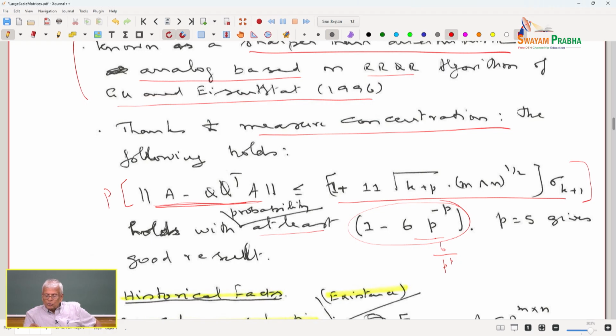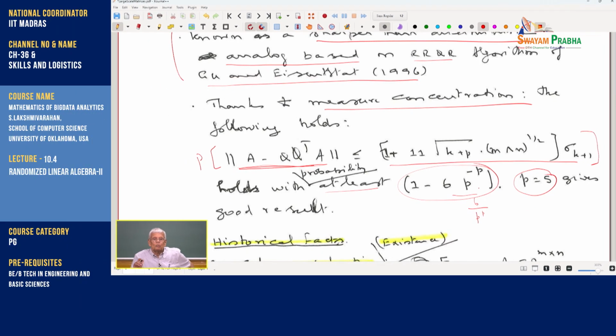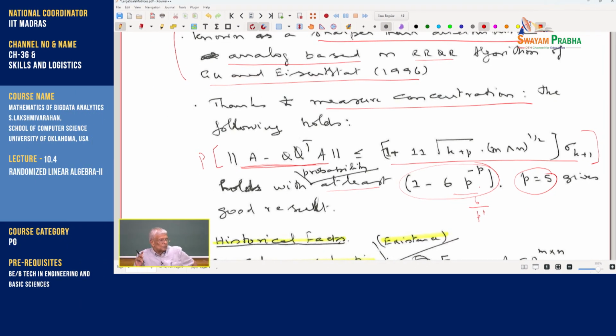If p is 1, this is 1 minus x, which does not make any sense. So, what is the p that will help you to make this number very close to 1? The larger the p, the better. What is the least possible value of p that will make this number as close to 1 as possible? One such choice is p equal to 5. You can choose p equal to 10 too, that will be even better. So, for small values of p between 5 and 10,